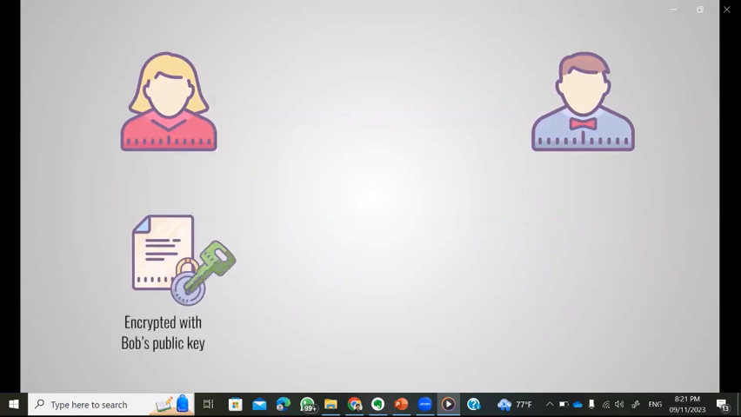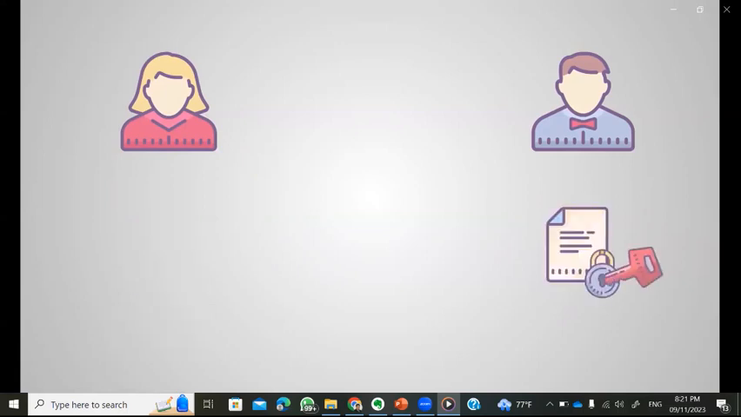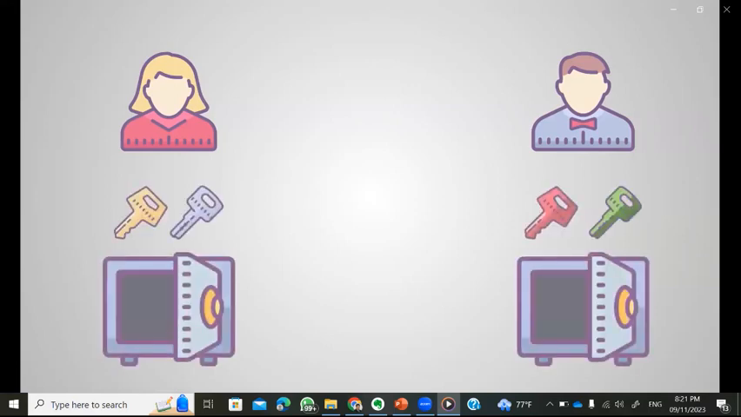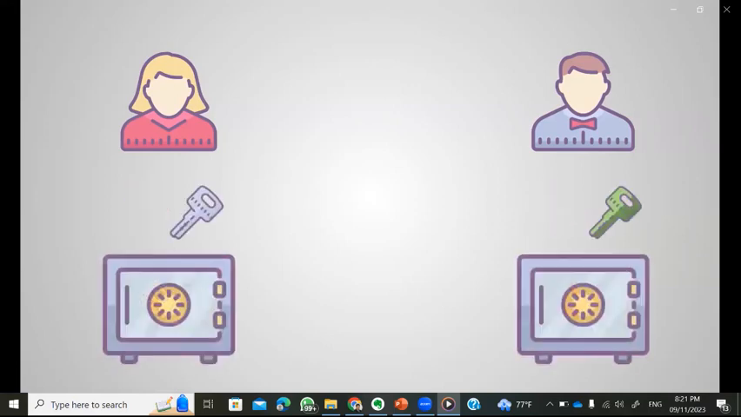She then sends the file to Bob, who uses his private key to unlock the document and read it. Because they use asymmetric encryption, only Bob is able to decrypt the message. Not even Alice can decrypt it because she doesn't have Bob's private key. The strength and security of the asymmetric encryption now relies on Alice and Bob to keep their private keys well